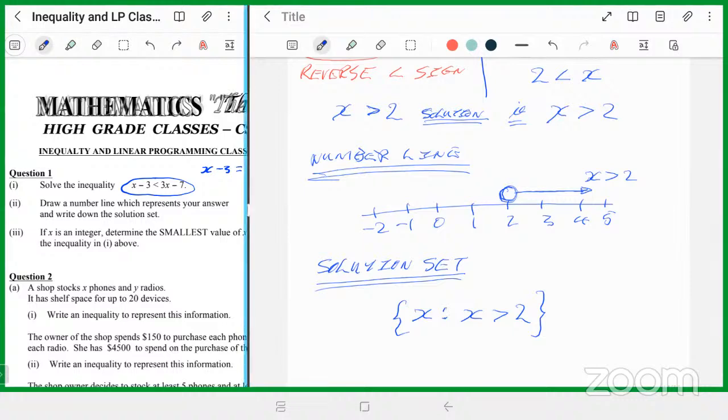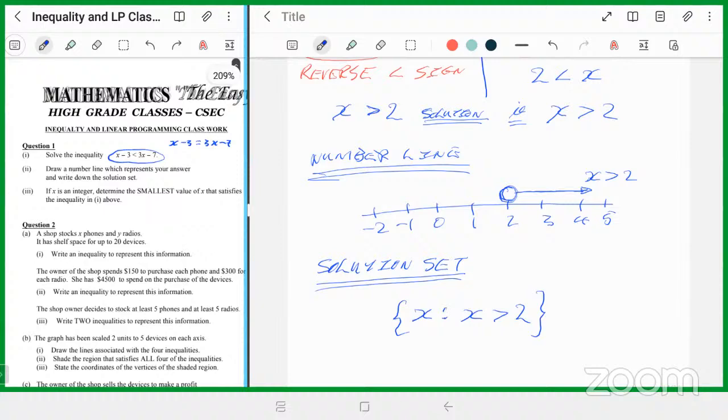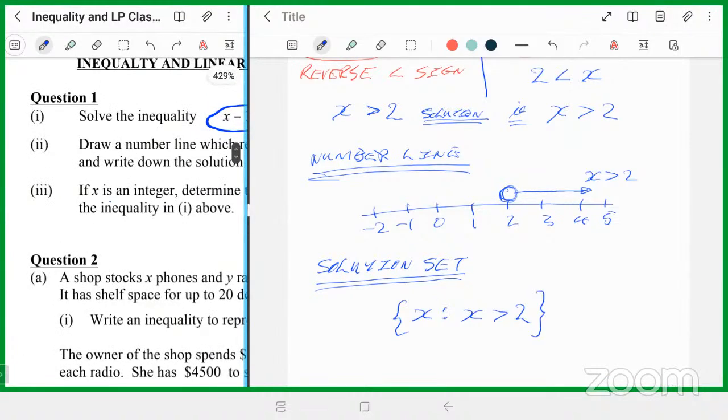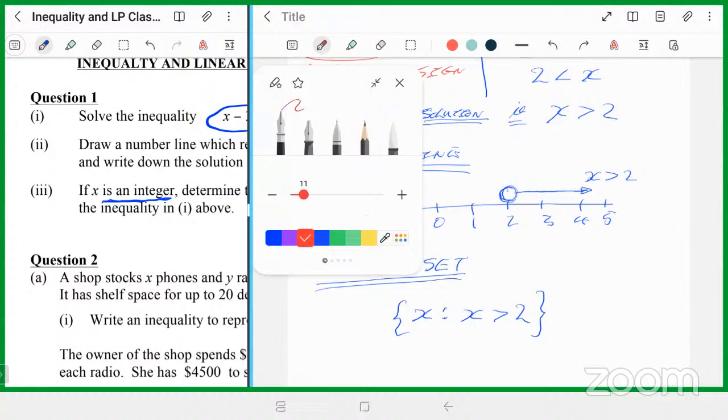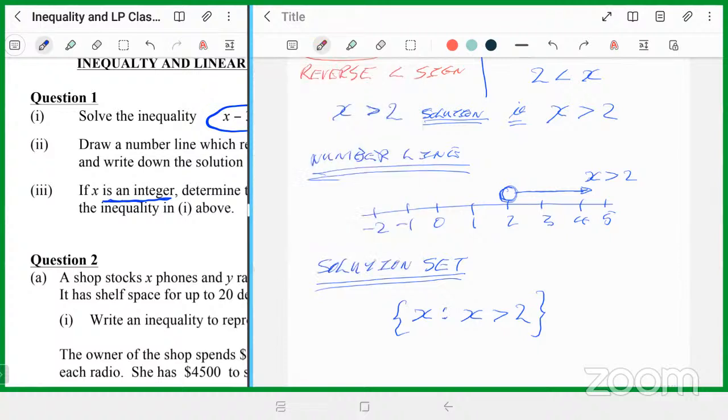All right, then we come to the last part down here. It says if x is an integer, let's look at it. If x is an integer, meaning you want whole numbers. Initially, if x is greater than 2, it means that you can have fraction values as well. So it's not just 3 and 4 and 5 you'd have. It would take all the values up here, including fraction values, like for example 2.3, 2.9,